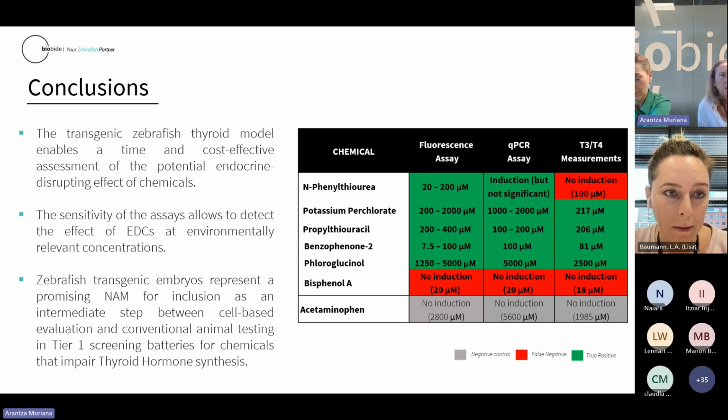Yes, we tested ampicillin and it's also negative. Its response was like acetaminophen, no effect in any of the three assays in zebrafish, so we are quite confident with that, but it's not included in this work. We tested that control because we wanted to compare with the other models. Yeah, but it's true that usually when we are validating our assays, the most difficult thing is finding good negative controls or reference products. It's always the tricky part. That's why we include only one, two, or three, but sometimes there are no other solutions.